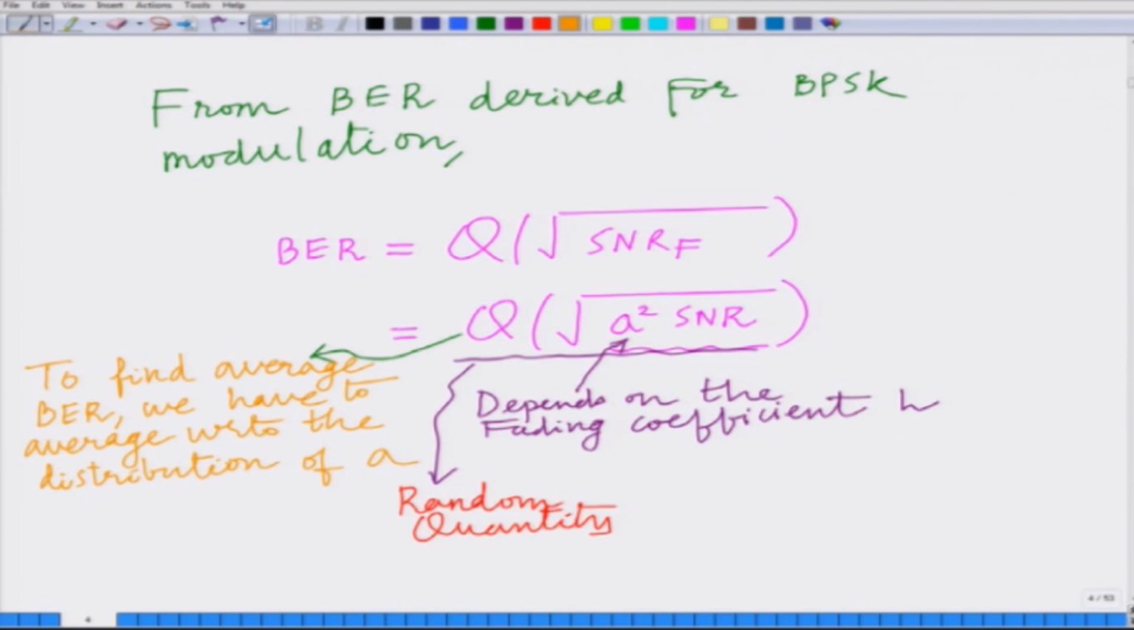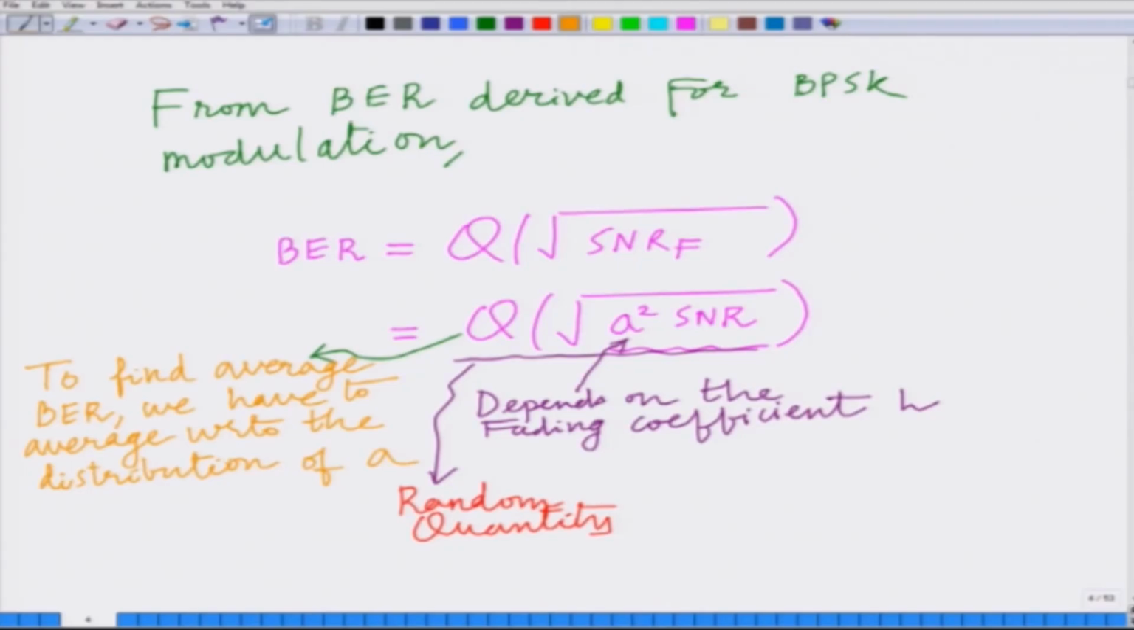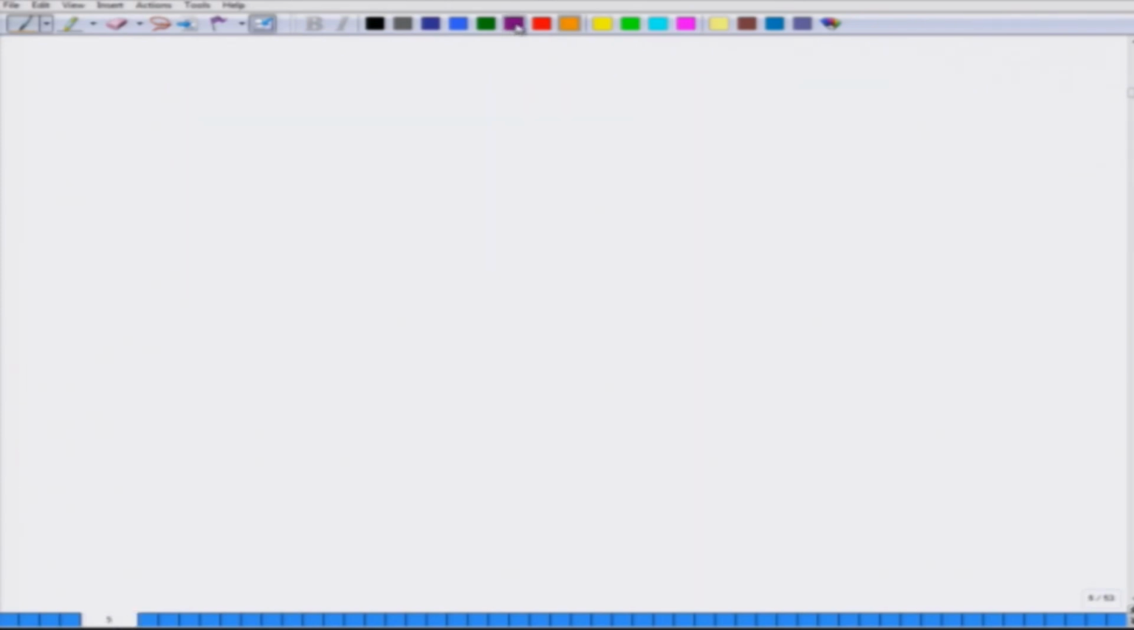We have to take this function, because this function is a random quantity, because it depends on the random channel amplitude, that is A, right. So, this is random in nature. Therefore, to find average bit error rate in this fading channel condition, one has to average this expression with respect to the distribution of the fading channel coefficient amplitude A. And we already know that the distribution of A, that is the fading channel amplitude, follows the Rayleigh distribution. You can look at the previous modules. This is given as 2A e to the power of minus A square,